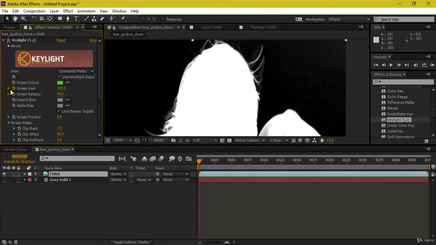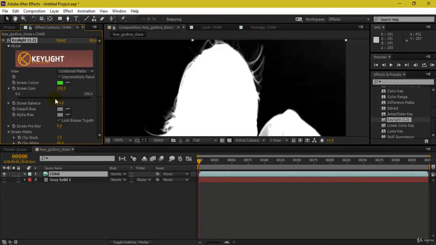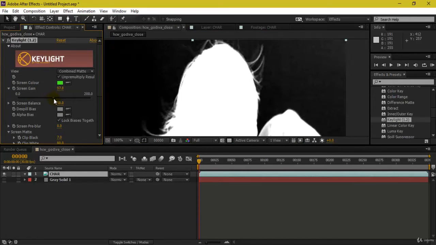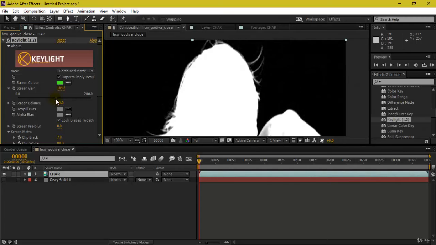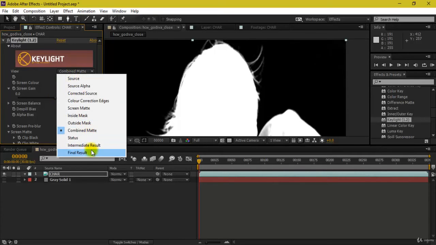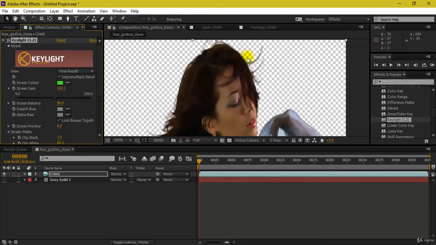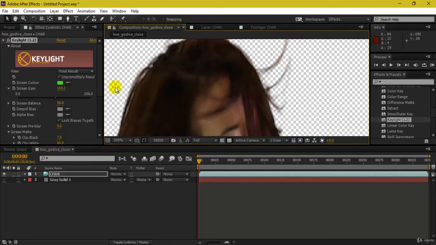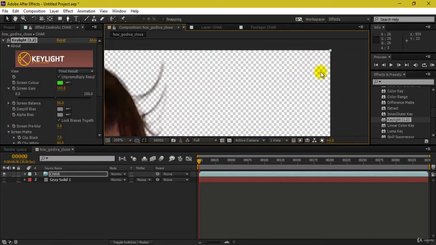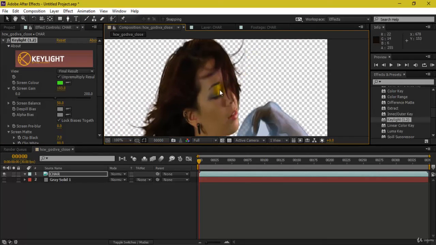If you want, you can also increase the screen gain if it helps you. Right now it's on 100. I've just increased this to maybe 104 or something. This gives me fine results along with the maintenance of these hair locks. There is not much difference, as by default the value was 100. I changed it to 103 with these areas over here being removed or chopped away, and everything looks fine to me now.